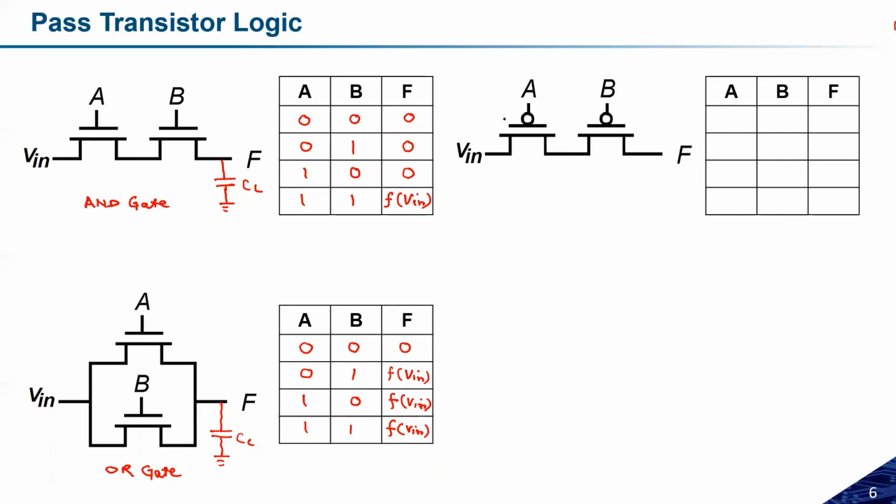Suppose I have kept 2 PMOS transistors in series having 2 inputs. The possibilities are 0 0, 0 1, 1 0 and 1 1. So how will the function look if both are 0? In that case it becomes a function of Vn. Sorry, only the first one will be a function of Vn, and all the others will be 0. So how does this look? NOR gate. This will look like a NOR gate.